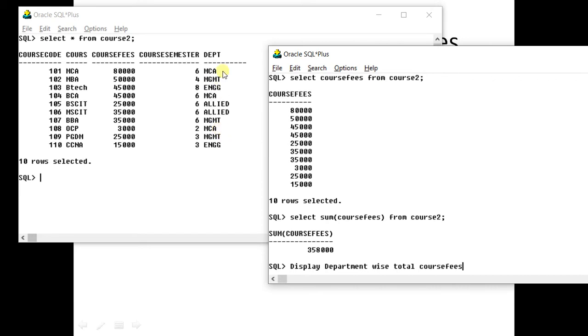Instead of a numeric code, I have taken an alphanumeric code for department. This might be a foreign key of some department table. You can assume it like this, but here we will consider only a single table. So what I want to see is department wise total fees. Now, first of all, let us see